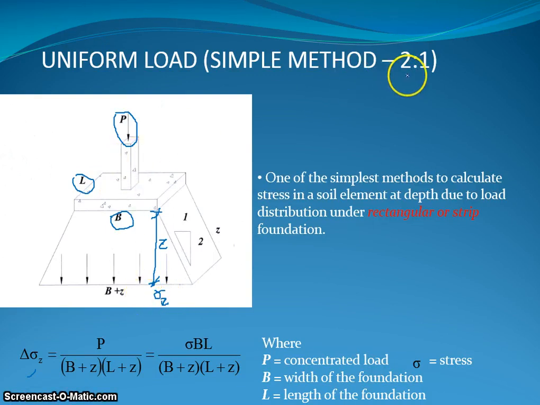By using the 2 to 1 method, just fill up the equation. The equation is generated due to the 2 to 1 ratio. As long as we know the P value, B, L, and the estimated Z that we want to know,